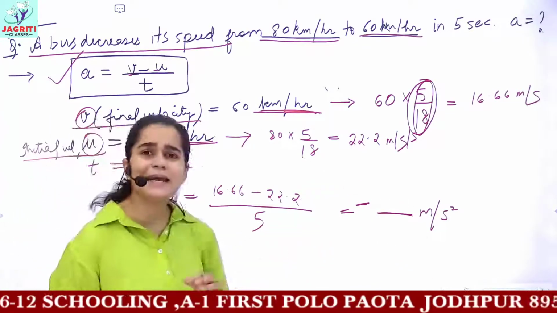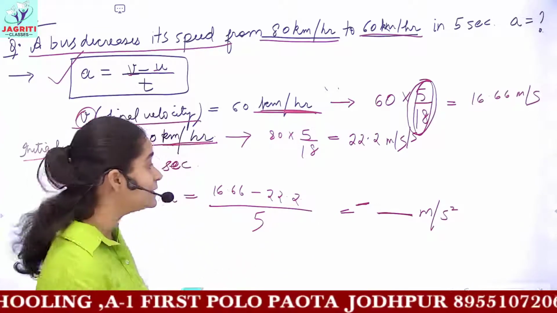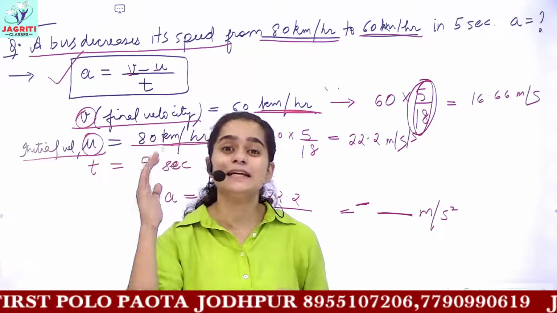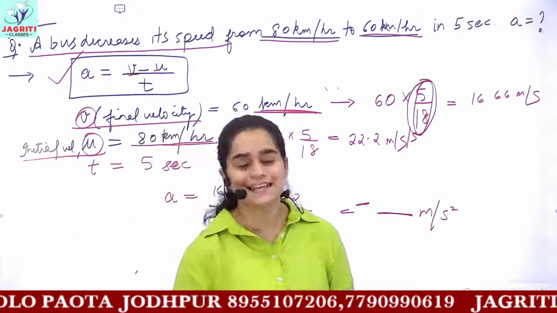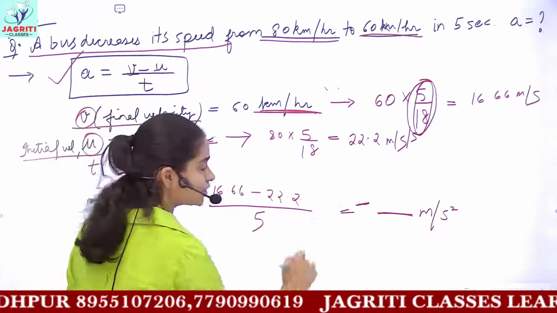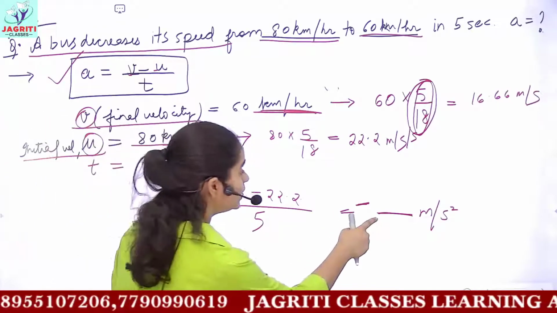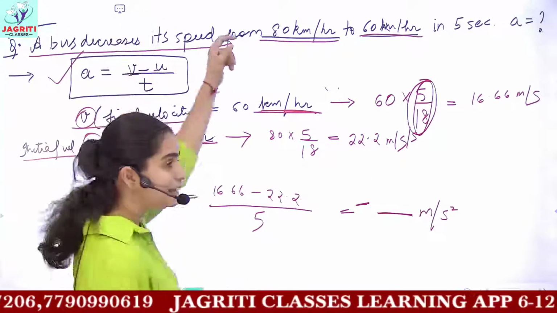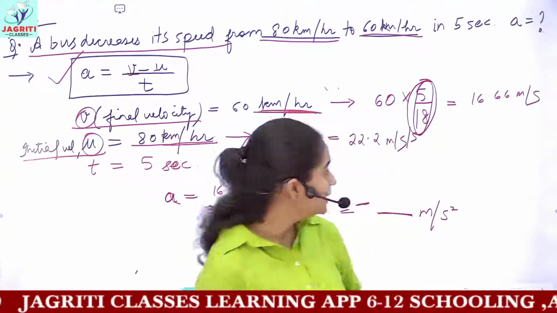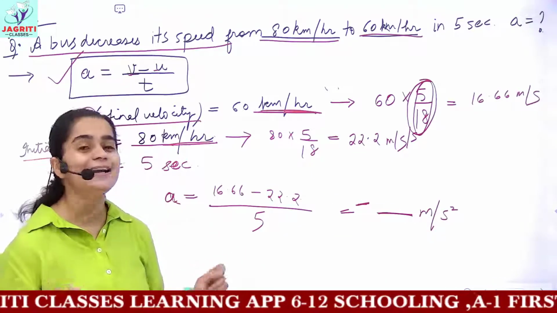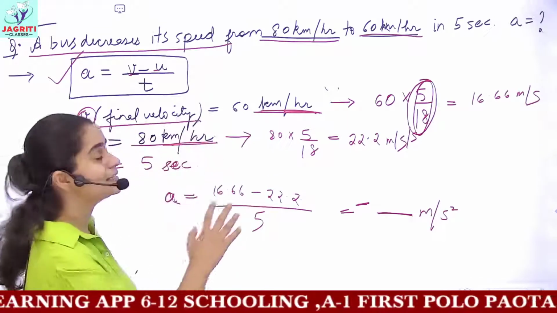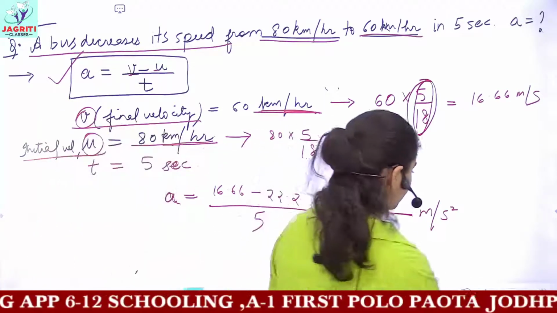And what do you mean by negative? Negative just signifies that the acceleration is decreasing, or you can say the rate of change of velocity is decreasing. So this would give you a negative answer, and this negative acceleration is known as retardation. So here we can write that the bus is being decelerated, or the bus is undergoing retardation. So these were all the concepts related to the topic of acceleration, and I hope now it is clear. We have discussed some of the questions of acceleration too.